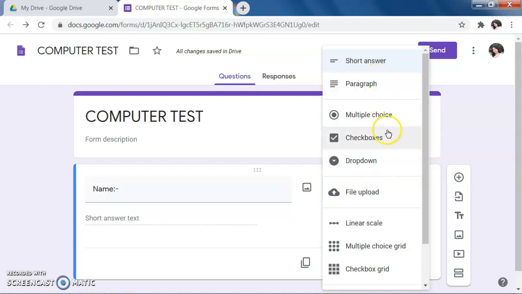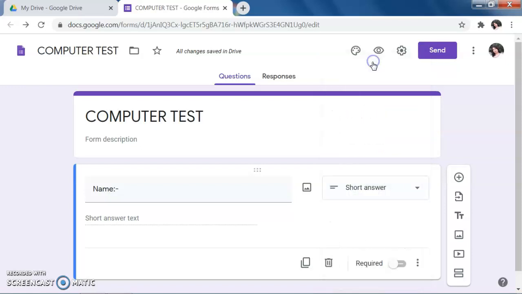So different types of question formats are there. You have to choose from here. For name, you choose the short answer type. So here the student can write his or her name and you make this field required, because the name is mandatory, so students must fill in his or her name.